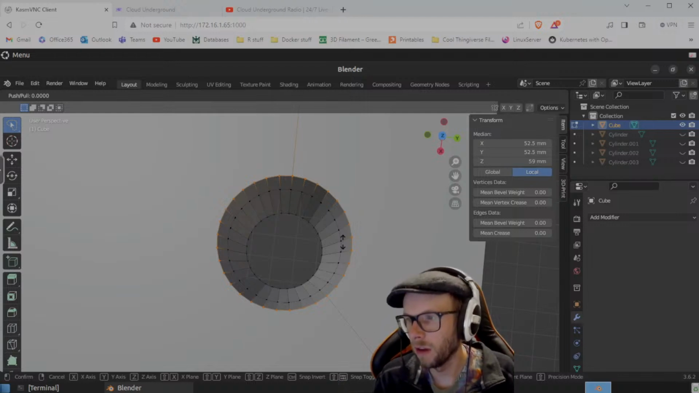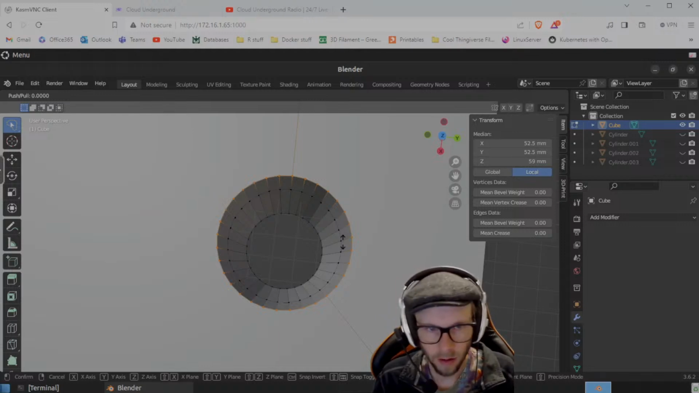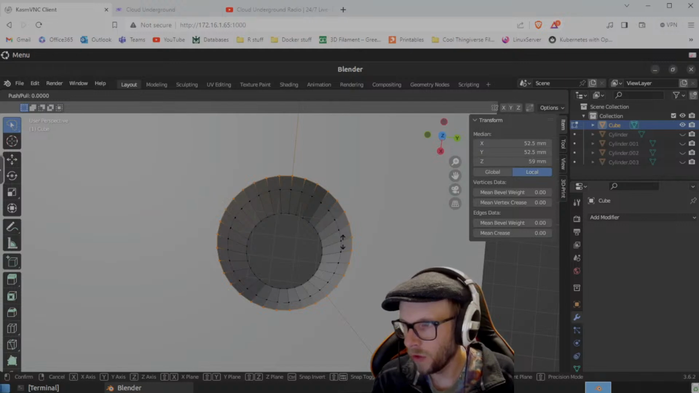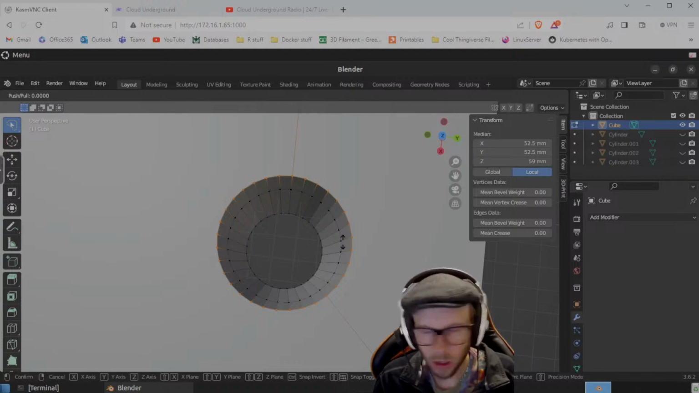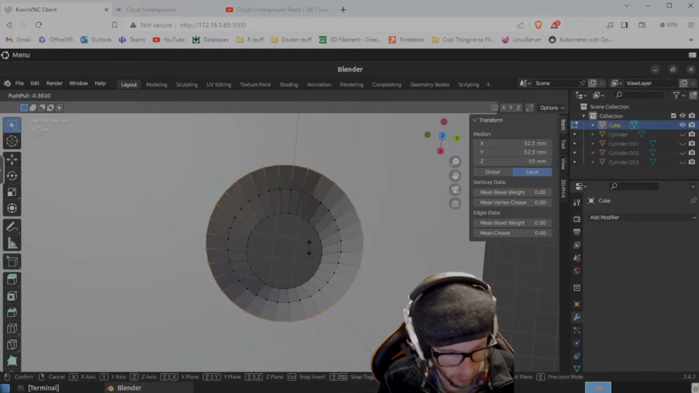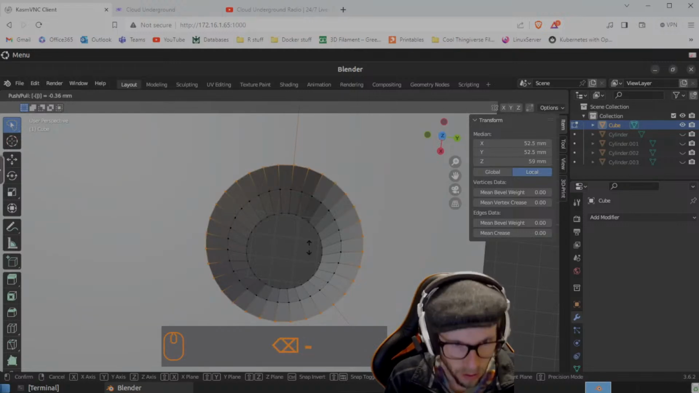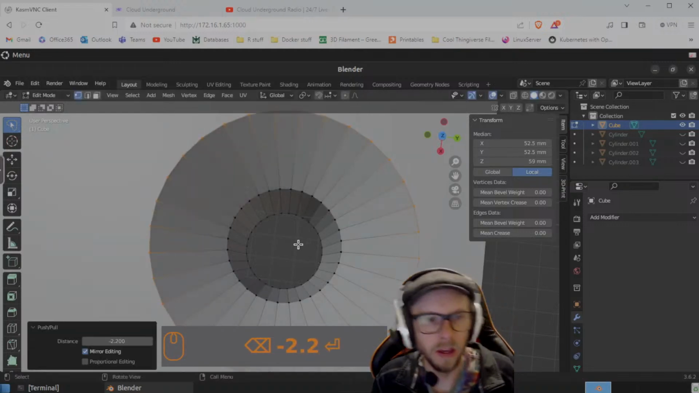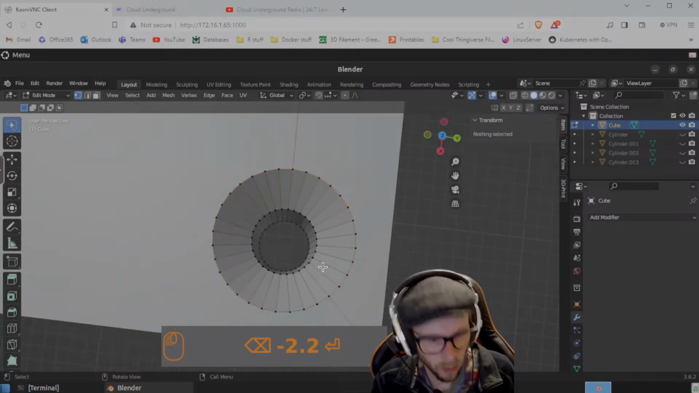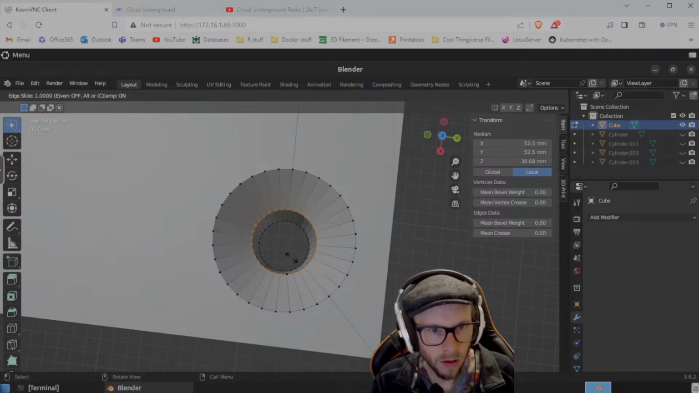Okay, 4.6 to 10 is 4.4, so that's the difference. But we're moving these along the radius, so we actually need to move them by half that amount. So 2.2 millimeters should get us a 10 millimeter wide hole. So minus 2.2 will increase the size. There we go. And then what we can do is do a Control R, loop cut it, go down to,